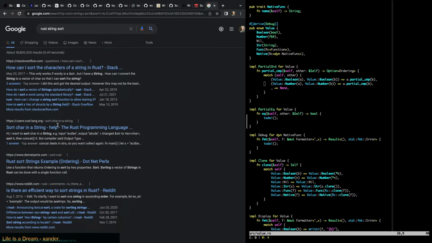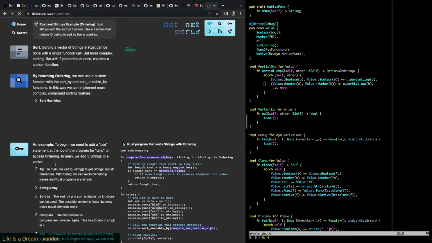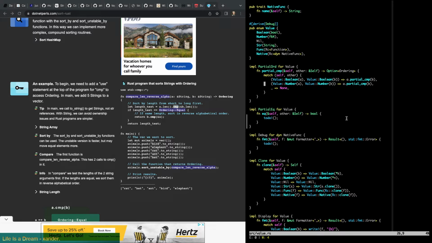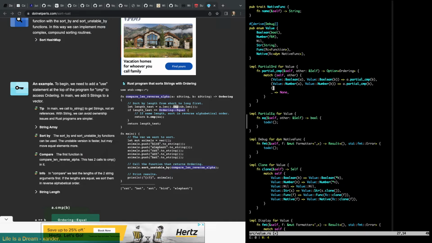I don't want to sort characters in a string. Sort strings example. Oh, you can just call compare directly on the string. I guess we could do that. Why not? But does that return ordering? Value str A and value str B. Is A a compare B? Oh, does partial compare work? It does. Okay. Let's go with that then.